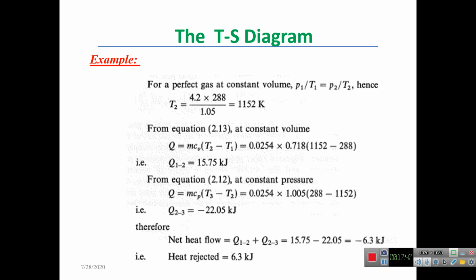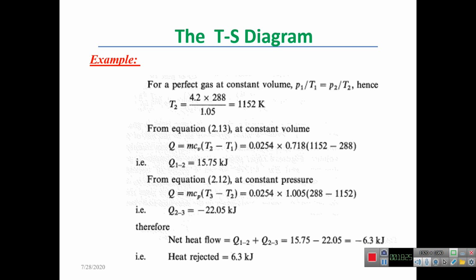T2 and T1 are the final and initial temperatures during this process. Now, substituting, we have all the values of these quantities. So m is 0.0254, which you have already calculated, multiplied by Cv. Cv for air is 0.718, and we multiply that by 1152 minus 288, that is T2 minus T1, and Q1 to 2 is going to be equal to 15.7 kilojoule,